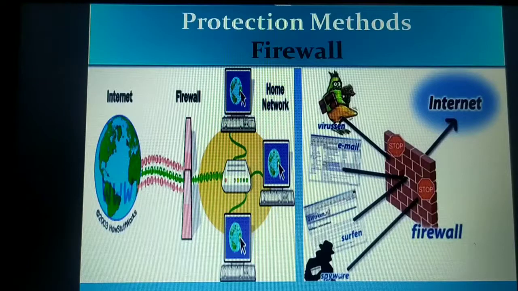When he tries to modify the source IP address, as the packet reaches the firewall, the firewall will look at the changed IP address and may think that it's a genuine packet. The firewall may then let that packet pass through, and it may reach one of the destinations over the internet. So this is nothing but IP spoofing.